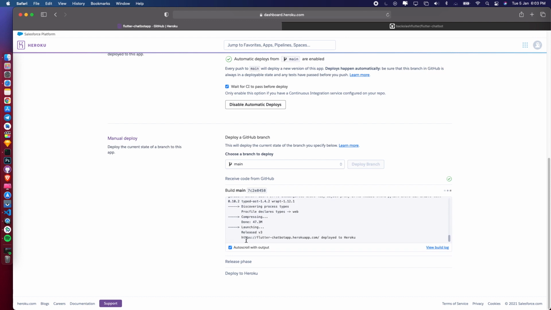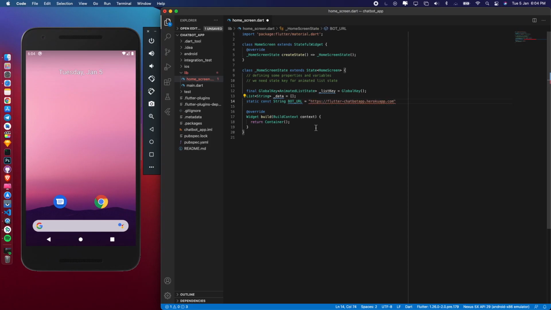Launching. Okay, here we have our URL, flutter chatbot app.herokuapp.com, and we'll write /bot because this is the route. I will write it here also. In the Flask app we defined the route for our query, that is bot.